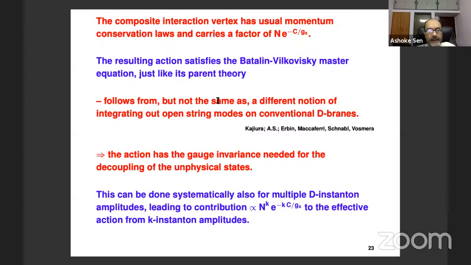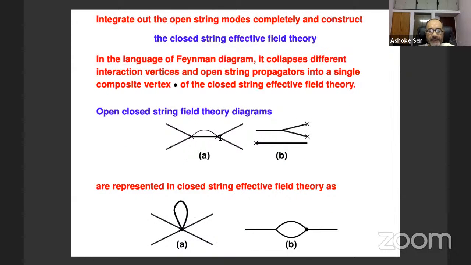Okay, so let me go ahead. If you have a composite interaction vertex, and that's the closed string composite interaction vertex, this now has the usual momentum conservation laws. The reason is simple, because the momentum conservation was violated at each vertex. But as I said, after integration over the collective modes, the overall momentum conservation is preserved. So once you have collapsed all the vertices into one, then of course the momentum conservation is preserved. This is an ordinary vertex. So here momentum conservation works just as in normal quantum field theory. Here momentum conservation works because the lack of momentum conservation at these three vertices has all gotten cancelled when you combine them into one composite vertex.